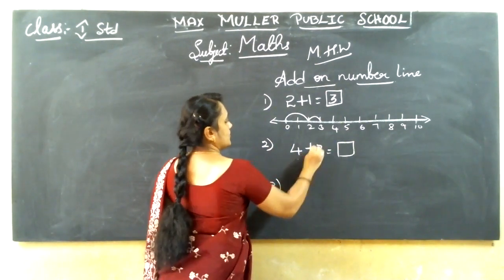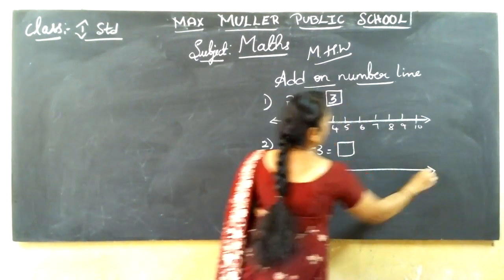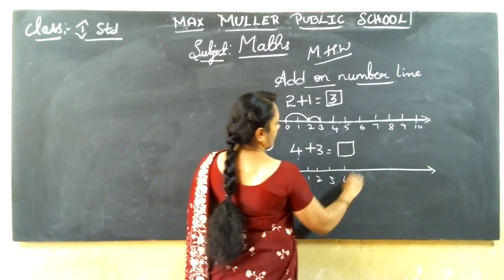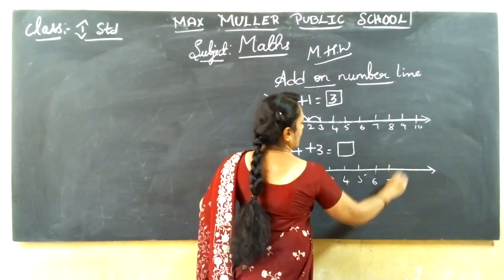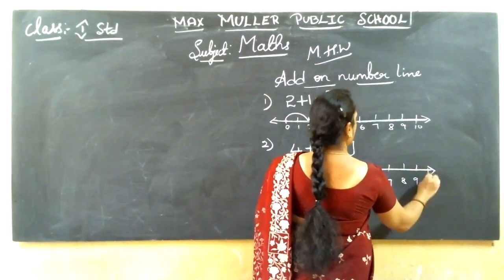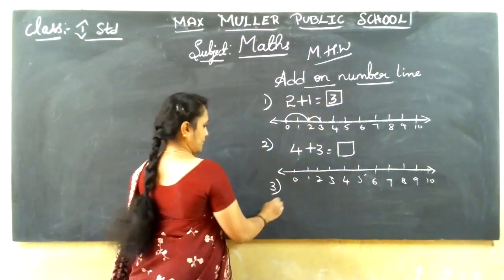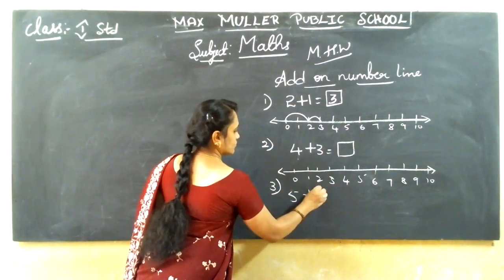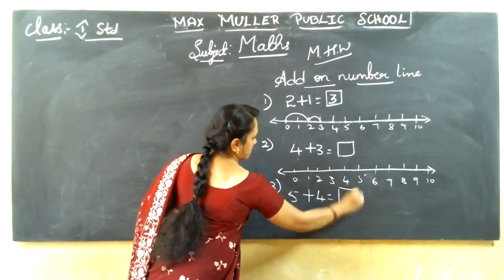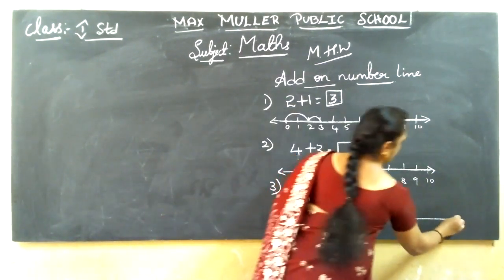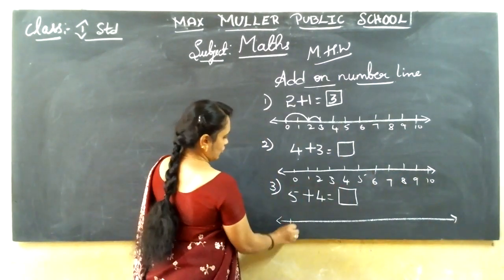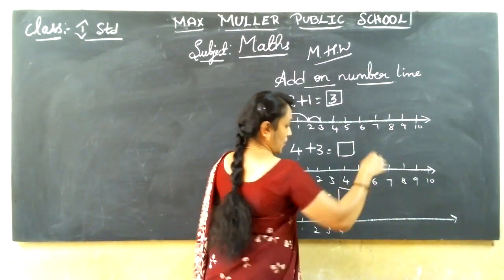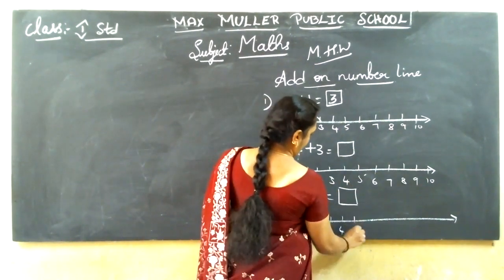Do you know how to do it now? Yes. Draw a straight line and you should do. One sum I have shown, remaining you should do. So leave one line, 2 lines only, no problem. It will look neat and you should draw the jumping also. No, that's fine. Then you should do.